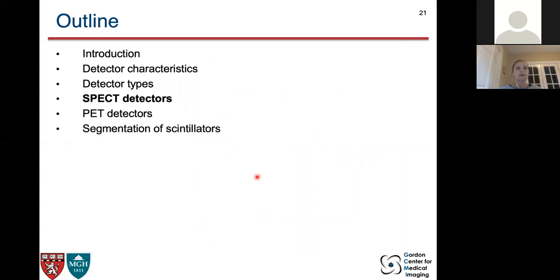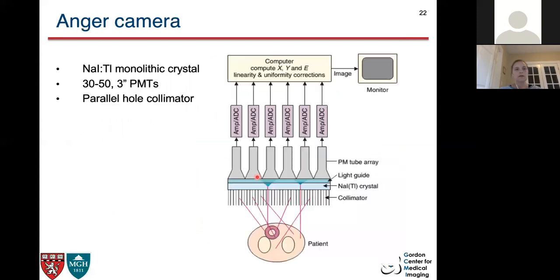Okay, so now let's move to the real applications. So we're going to start with SPECT detectors. So this just shows the concept of the basic